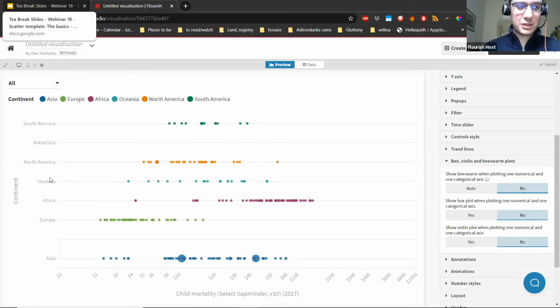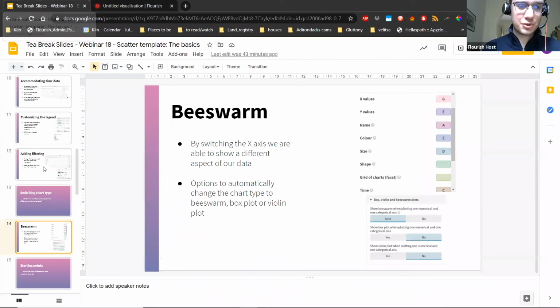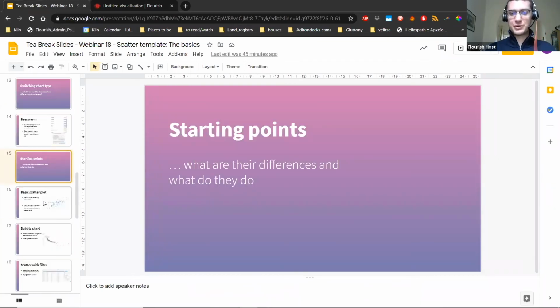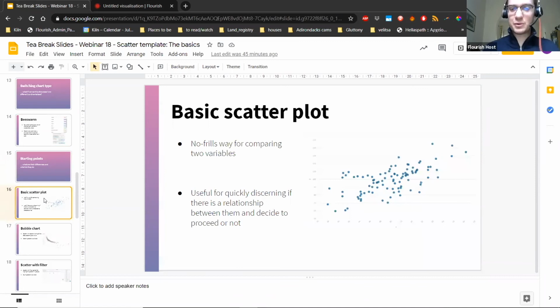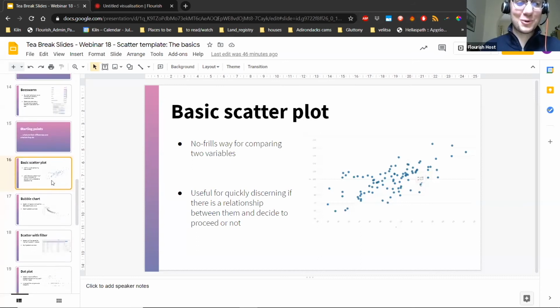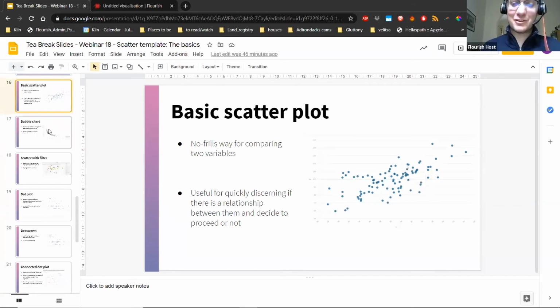visualization. And as we are nearing the end, we should briefly go through our different starting points and enumerate what the differences are and what they do. We have our basic scatter plot, which is a no-frills way of comparing two variables without sizing, without anything. And it's quite useful for quickly discerning if there is a relationship between those two values and deciding whether to proceed down the road and investigate further and visualize further